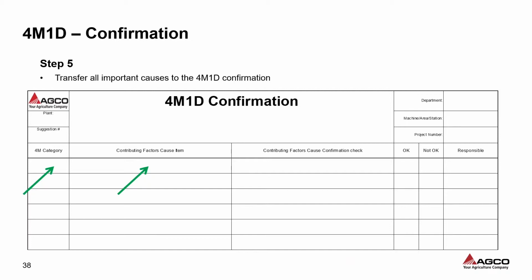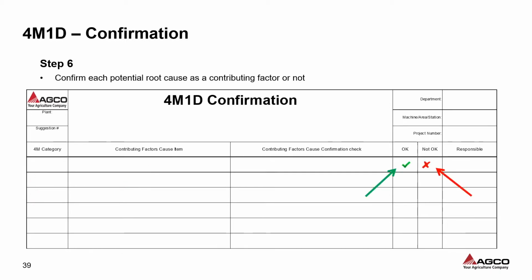So what we'll do is we'll put in the 4M category: material, man, machine, and method, or design. We'll put the contributing factors, the cause item, what we found, and then we will define a way to be able to turn this on or off. Once we do that, we'll walk through the confirmation. So we'll put a check on any issue that we found that is okay and what is not okay, and that helps us get to a point where we can focus and get through the 5 whys in determining the